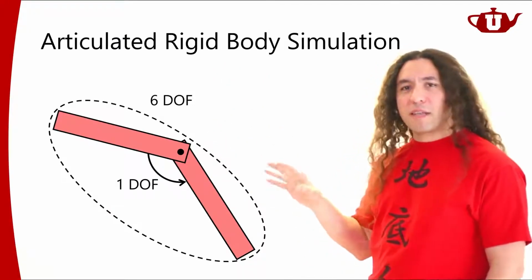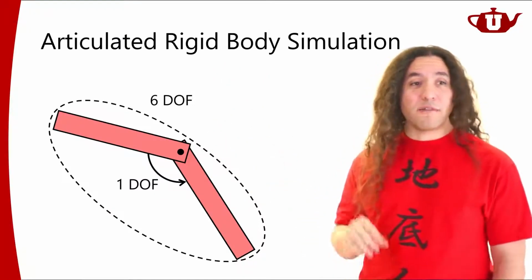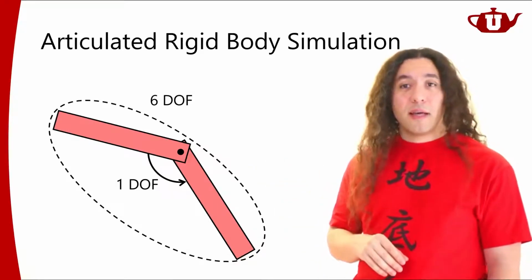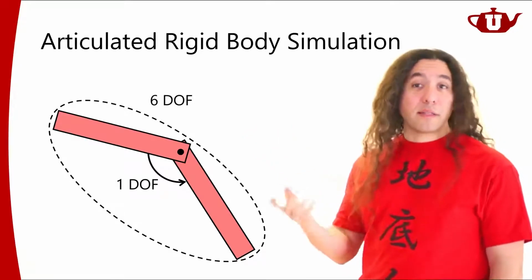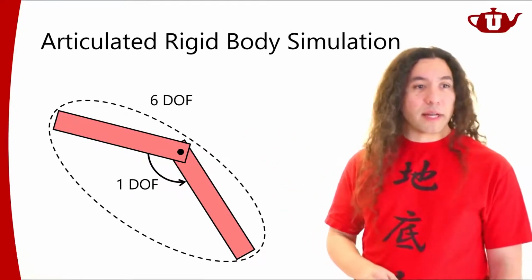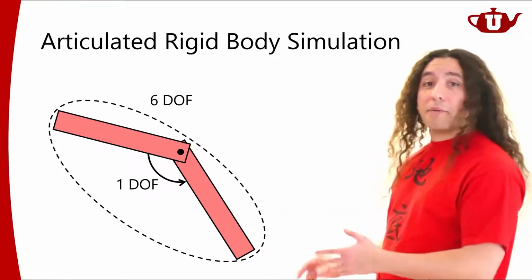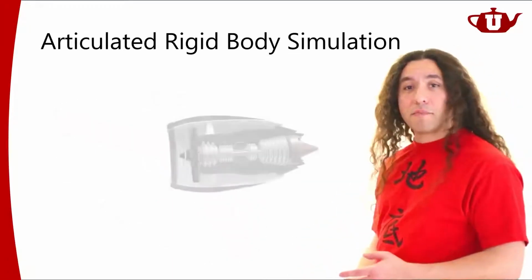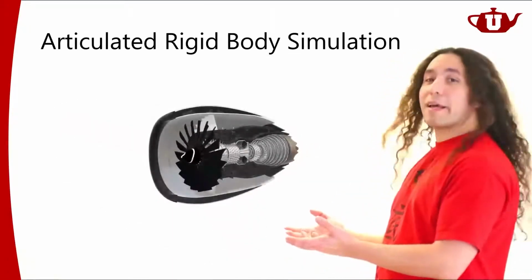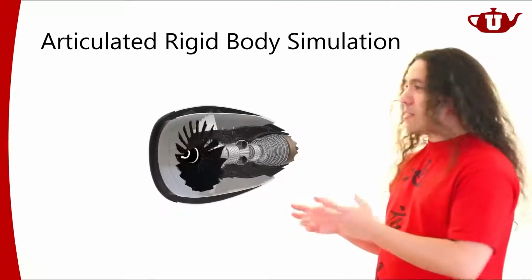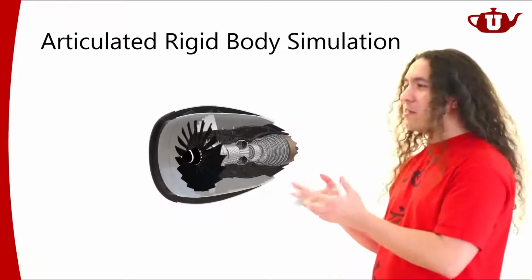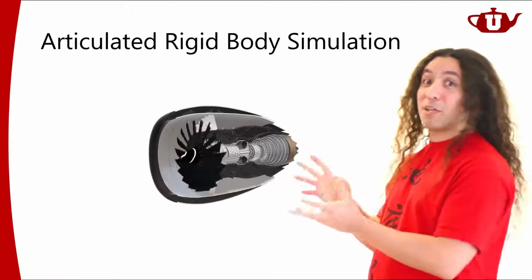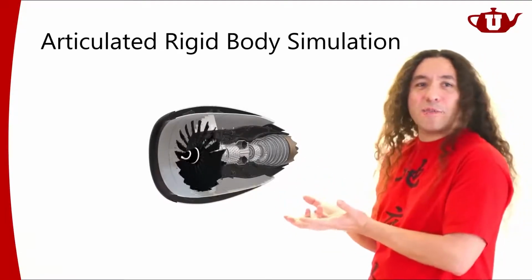These sort of rigid, articulated rigid bodies are very, very common in computer graphics, and most of our rigid body simulators can handle different forms of articulated rigid bodies. For example, we can have engine parts like this. This is not a simulation; it's just an animation of what the machine component is doing. But it could be a simulation as well.